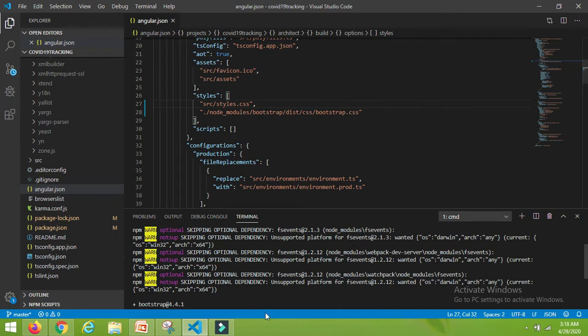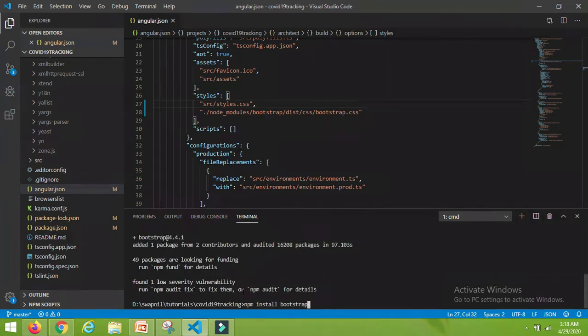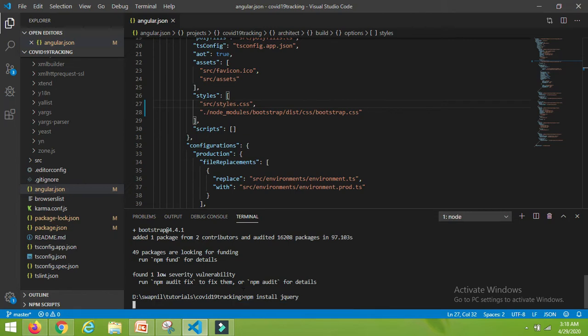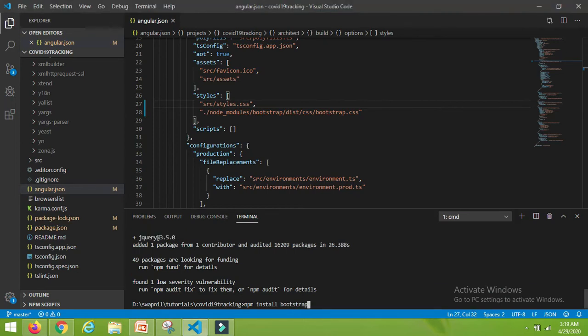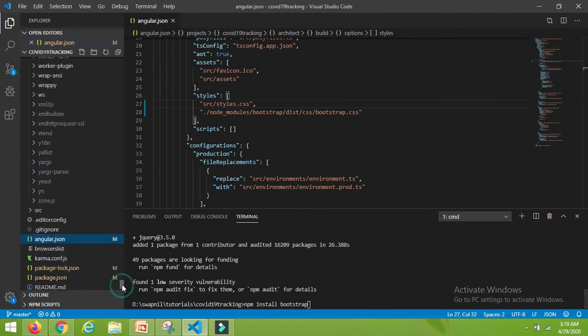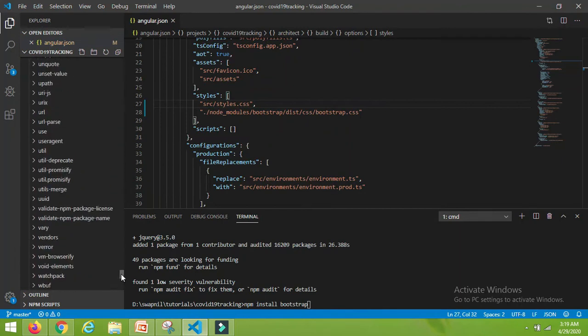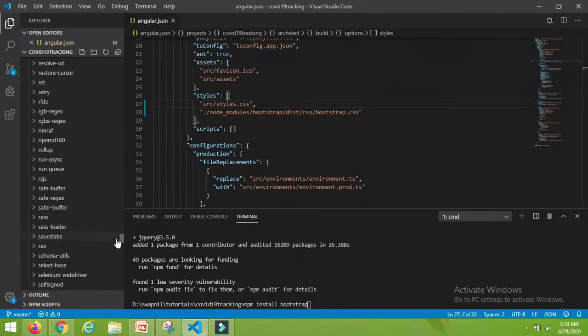So again we will require the jQuery as well. So npm install jquery. So jQuery is also installed. Like we have the folder of the bootstrap, we must have the folder for the jQuery as well.